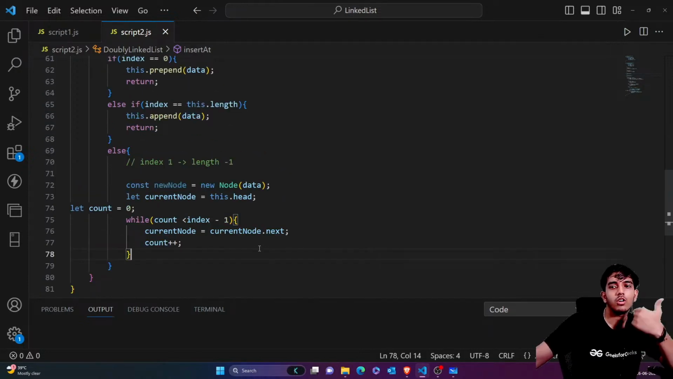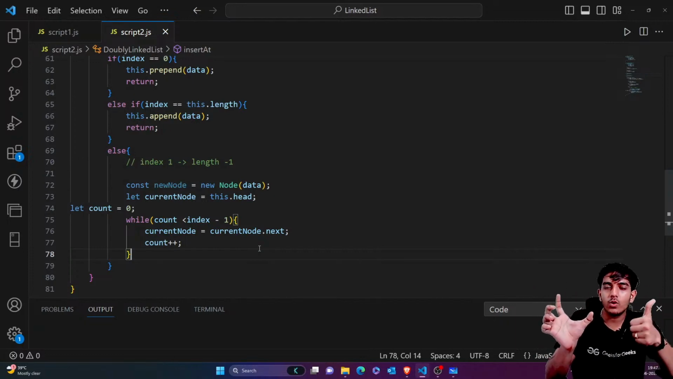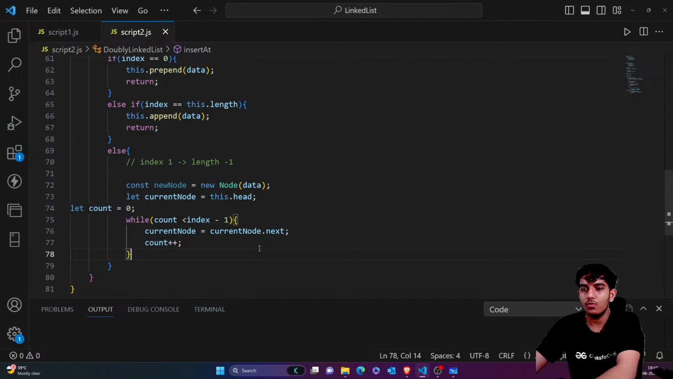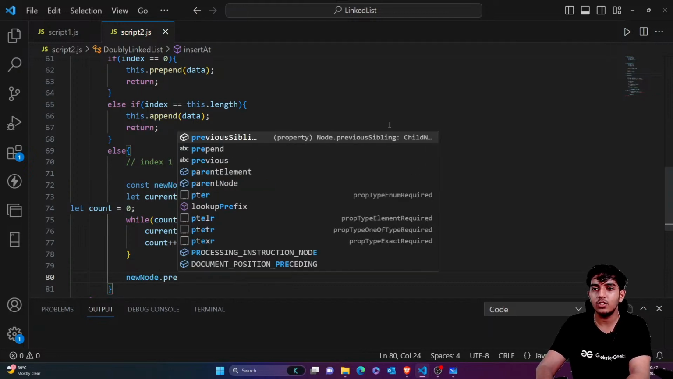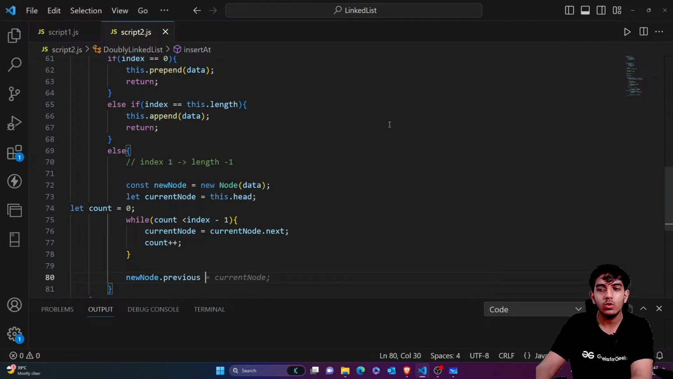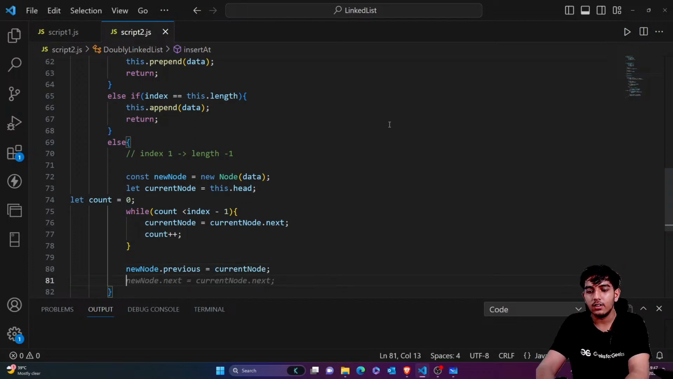Similarly, you are talking about I want to add data at second index, current node is stopped at index value 1, right? So now we'll be writing it very easily. We'll just write the same operation for the new node. Its previous will be actually pointing to what? Pointing to current node, right? Current node is the previous one. And then I'll just say that new node's next will be pointing to